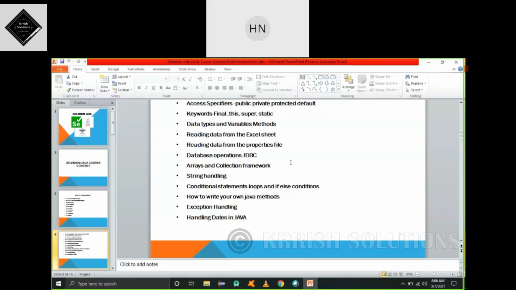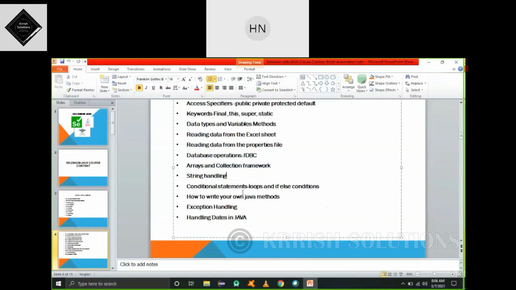This is a very important topic in our entire core Java session, because we are going to use it in real-time Selenium script development. All these concepts will be used, but this mainly when we are reading data from multiple sets. There we are going to use the collection framework.